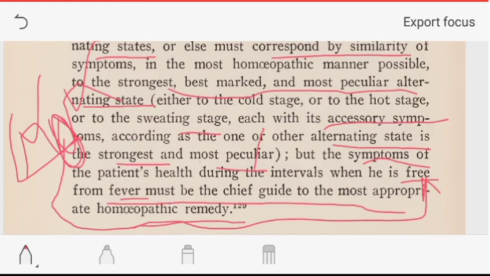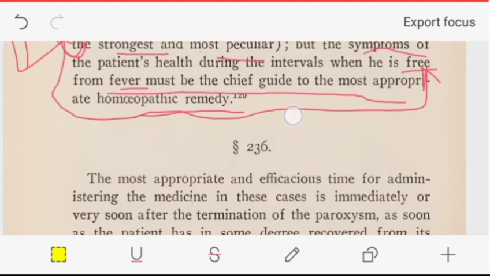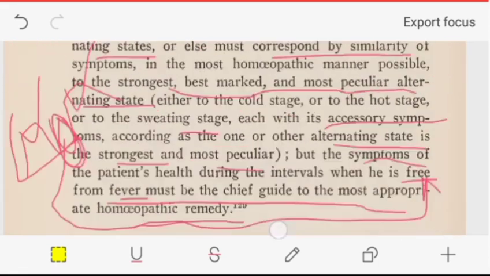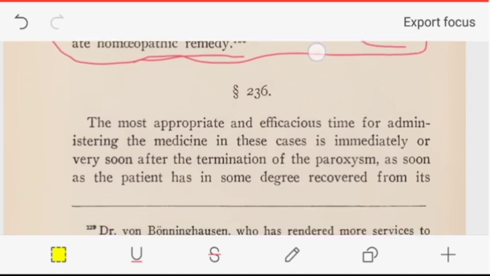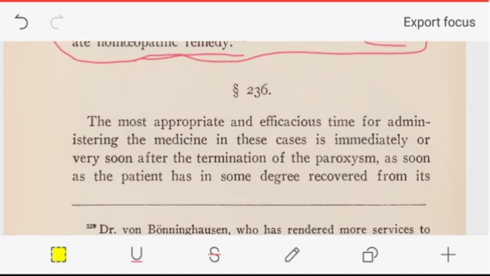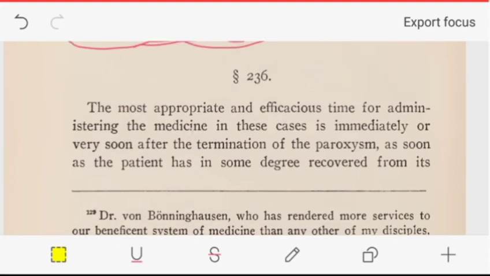In the 235 footnote it is written about the types and examples of different intermittent fevers. You can read them, and if any doubt occurs you can ask in the comment box. The main thing is regarding examples of different intermittent fevers as well as the accessory symptoms, and how the homeopathic prescription is arrived at. In 236 it is